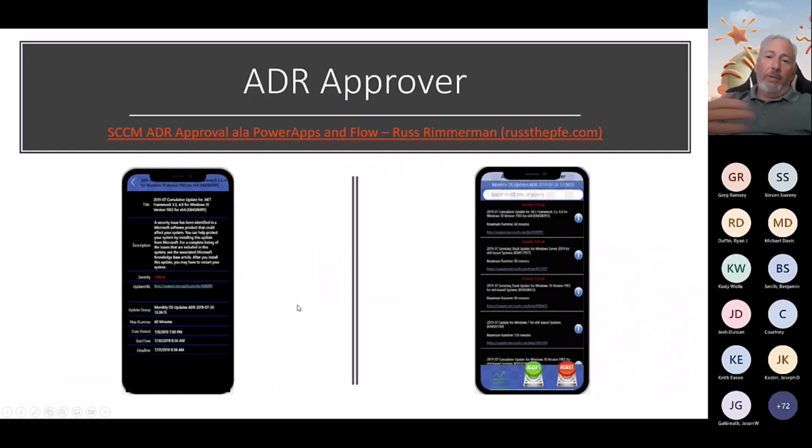One of the really old projects that I did when I first got into Power Apps was making an automatic deployment rule approval app. And I think I did this in 2019, but the use case here was that everybody's using ADRs, but they want to review what updates are going to get deployed before they actually get deployed, right? So a lot of people were manually kicking off their ADRs, or they weren't using ADRs at all because it's kind of scary having an automatic thing happen and you forget about it and oops, it just deployed updates. So I made this, and basically how it works is